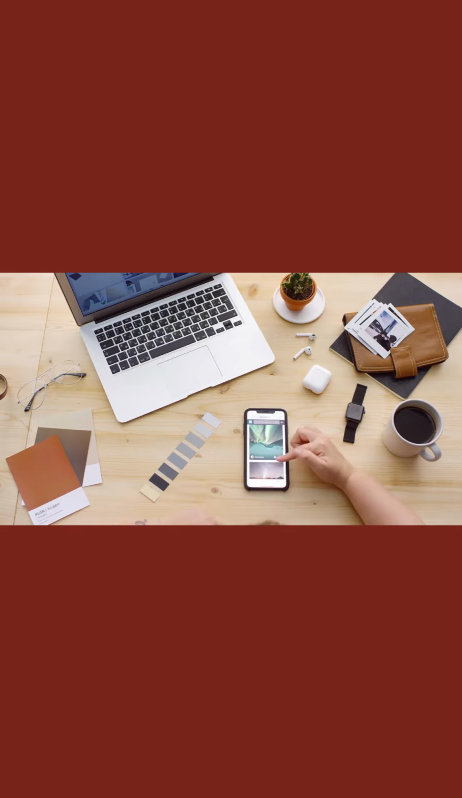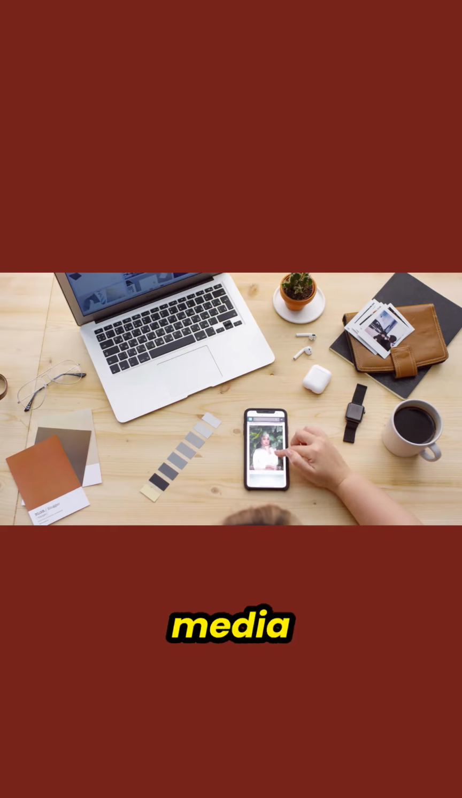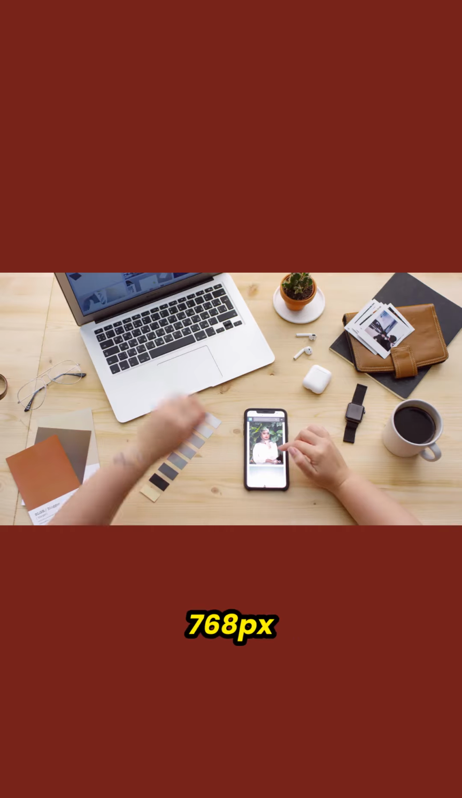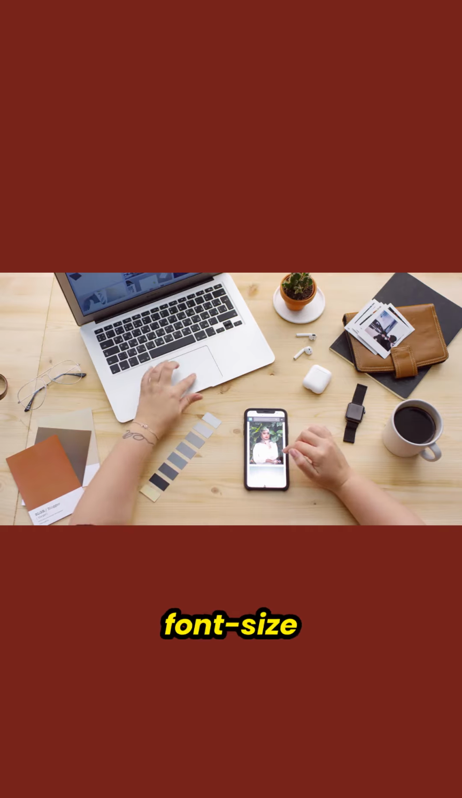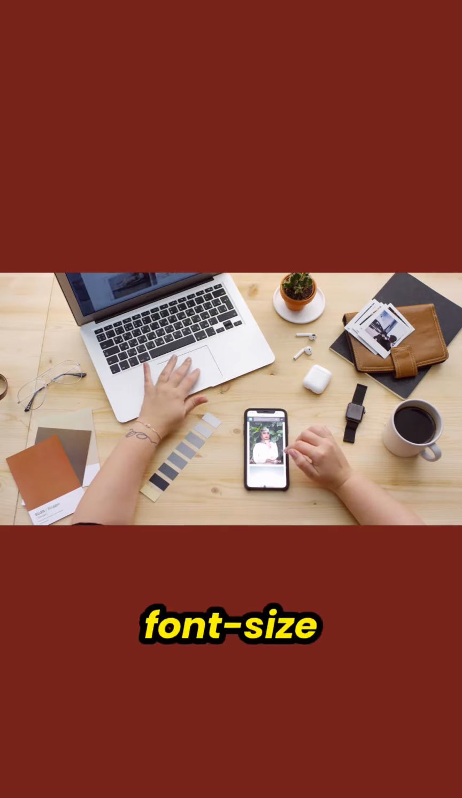Tip: start with a mobile-first approach, writing base styles for small screens, and then use media queries to adjust for larger screens. Example, CSS: body { font-size: 16px; /* default for mobile */ } @media (min-width: 768px) { body { font-size: 18px; /* tablet */ } } @media (min-width: 1024px) { body { font-size: 20px; /* desktop */ } }